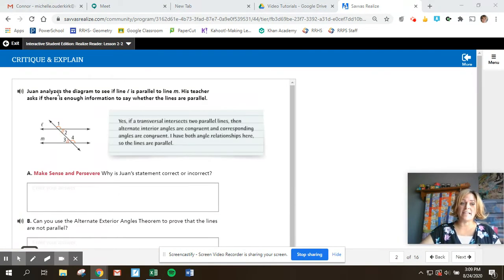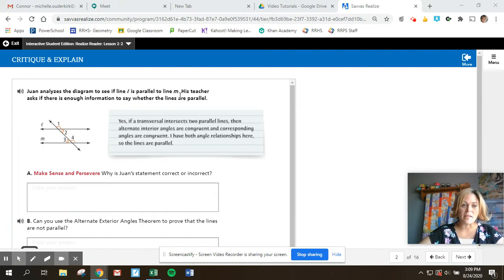First of all, analyze the diagram to see if line L is parallel to line M. If you see these two lines, they do look parallel. But from now on, you cannot assume that they are parallel unless you are told in the problem, or you're shown the little arrowheads, which I'll show you later. You have to be told these are parallel. Otherwise, you cannot use any of those rules that we learned about parallel lines, and you can't assume that they're